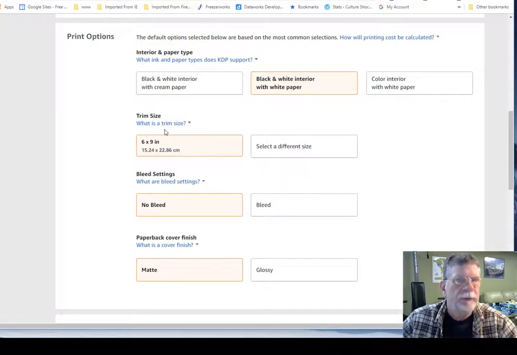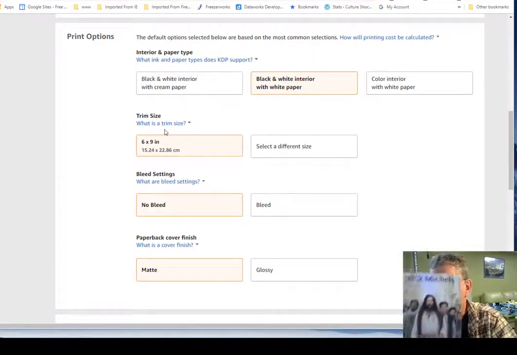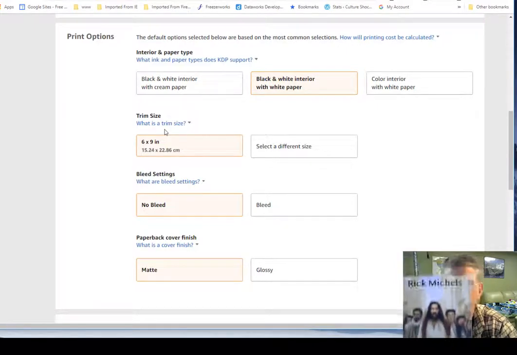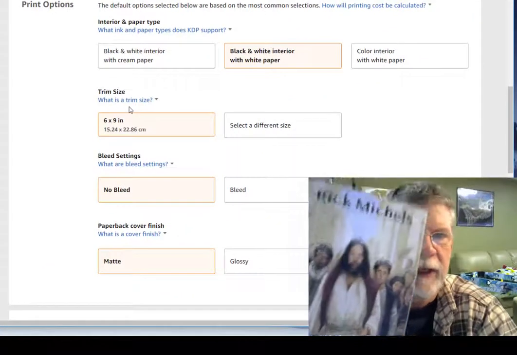This is the size of your book. 6x9 is, as you can see, the default size. Let me show you something here. This is the book that I printed here, A Messianic Man. It's a 6x9 book, and this is